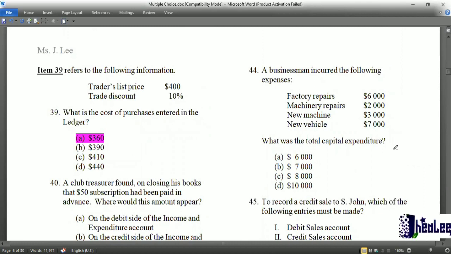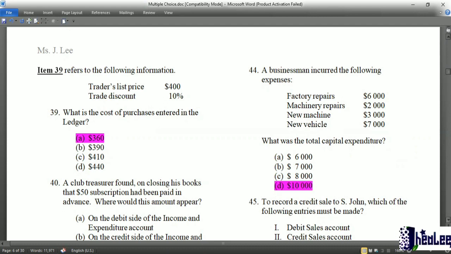Revenue expenditure is those expenses incurred during the operation of the business. So the expenses incurred in order for the business to generate an income. And the capital expenditure is the purchase of fixed asset or the addition to the fixed asset. So from this question, the new machine added to the new vehicle would give you the total of 10,000 for